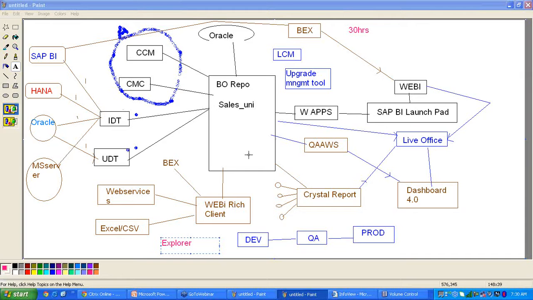That we can discuss. There is another tool, the report conversion tool. Using the report conversion tool, we can convert the Desky reports to Web Intelligence reports. Learning this tool, the report conversion tool, and the LCM and upgrade management tool, these are single navigation steps. Just click on next, next, next.